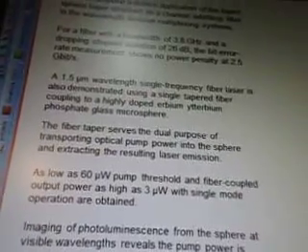Per second, I'm assuming that's per second. A 1.5 wavelength signal frequency fiber laser is also demonstrated using a single tapered fiber coupling to a highly doped ytterbium barium phosphate glass microsphere. The fiber taper serves the dual purpose of transporting optical pump power into the sphere and extracting the resulting laser